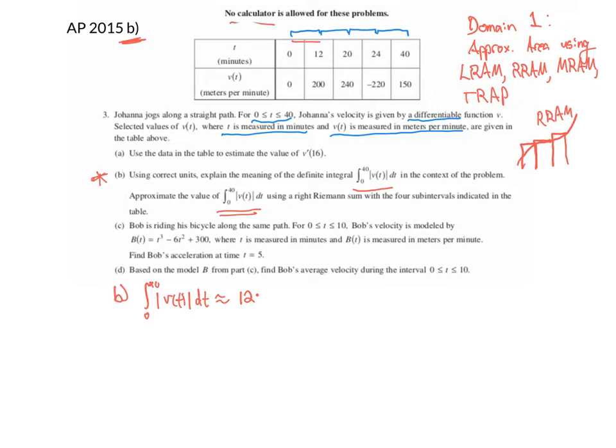So the height of this rectangle would be based on the right-hand side, which would be 200 in this case. We'll go to the next rectangle. So the next rectangle would go from 12 to 20. That width is 8. And then the height of that rectangle would be 240, plus. The next rectangle would go from 20 to 24, so width of 4, and with a height of